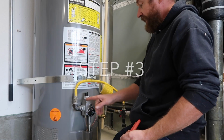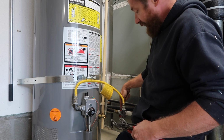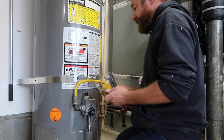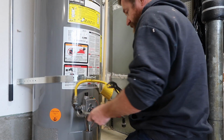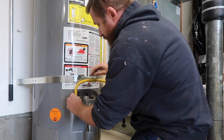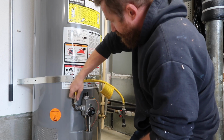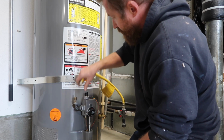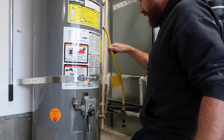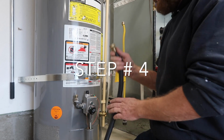What you want to do is take off the gas supply or the fuel source going into the water heater. We already have it off, so we shut that valve off, so we're good to disconnect all this. Okay, so we took the gas supply off. It's called the gas whip. So that is off. Okay, next step is to connect our hose